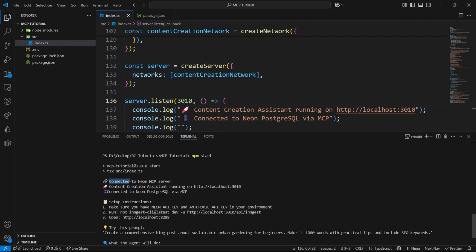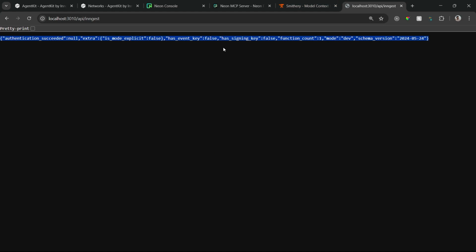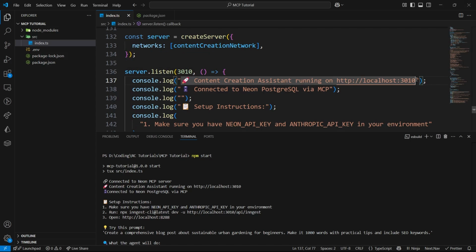It shows connected to Neon MCP server, content creation agent running. So let me just open this localhost first. It actually should be /api/ingest. Yes, you can see it's running. So I think I should say